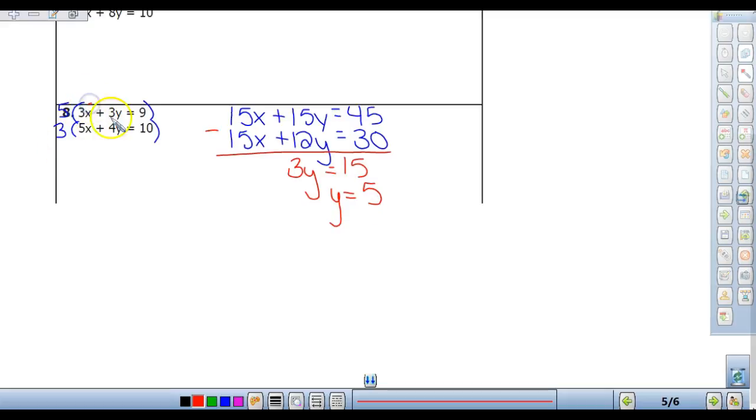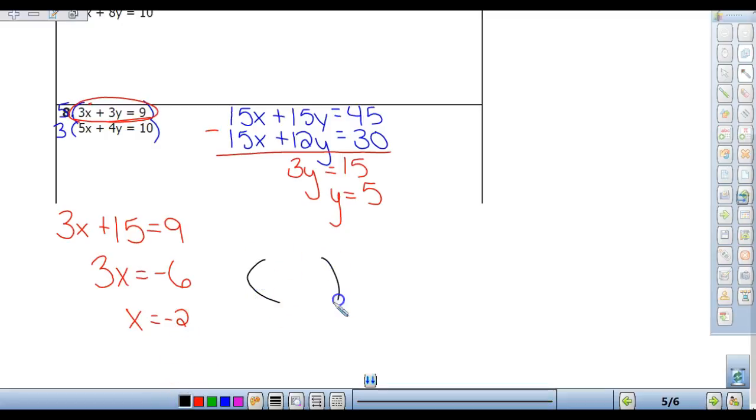So I'm going to go back. Now I really have 4 different equations. Again, does not matter which equation you plug it into. I always go original, top. Don't know why, I just do, but it doesn't matter. So 3x plus 3 times 5, 15, equals 9. So 3x equals negative 6. x is negative 2. Solution point is